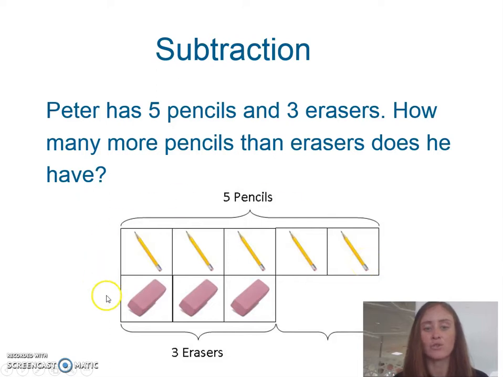Underneath, I've then drawn my 3 erasers, making sure they are all in the same size boxes. I want to know how many more, so I am going to count on the end. So we have 5 pencils, 3, so then 3, add 1, gives me the answer